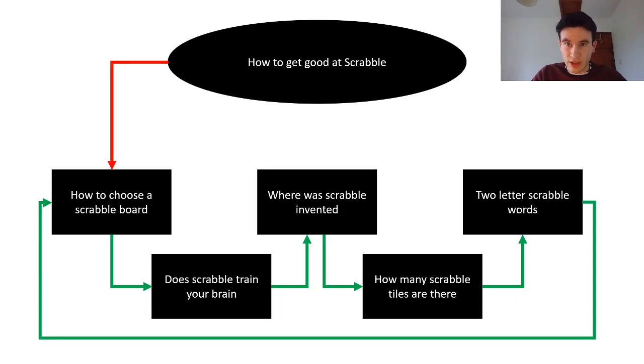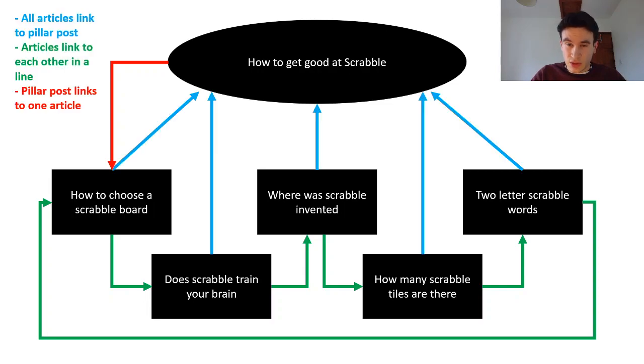Next, you'll want to create an internal link from the pillar post at the top down to one of the staple posts at the bottom. So now if Google lands on the pillar post, it will come down to one of the staple posts and then go along this loop. Next, you'll want to